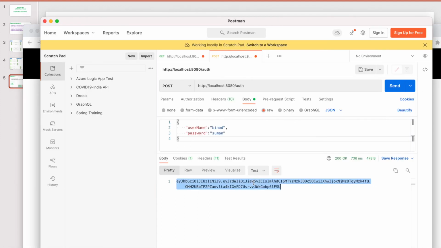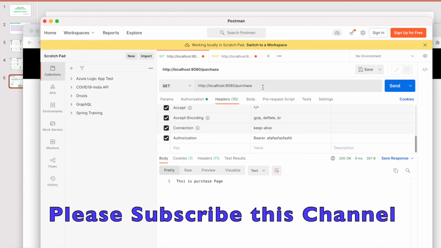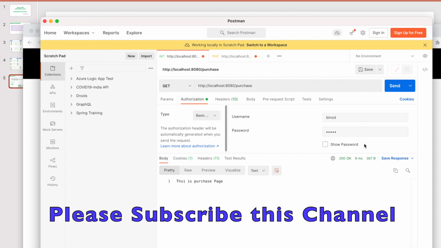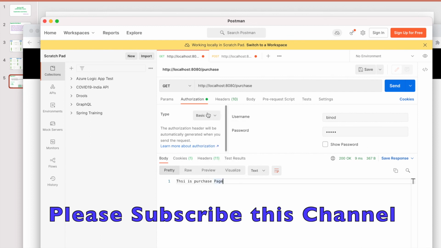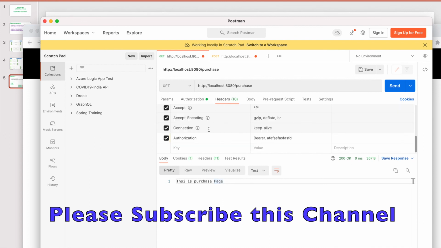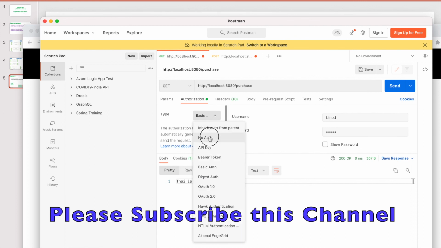So now what you have to do, you copy it and you want to hit this one. So you have to go to the authorization, no need to use anything else.